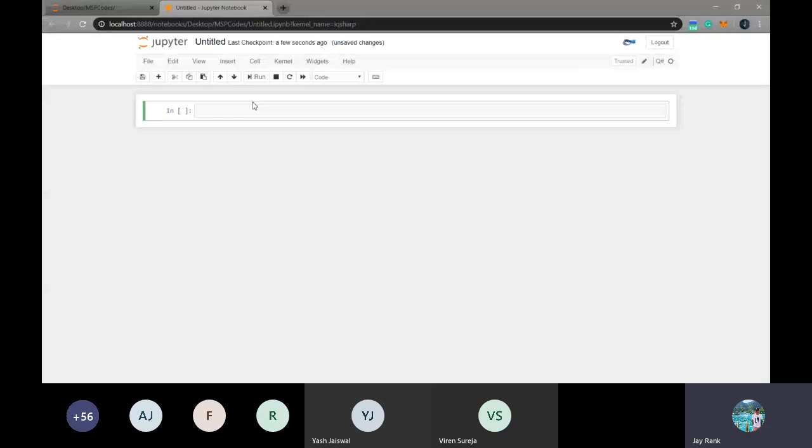All we want to do is just write the message hello world, and for that, in the Q# language, any function is defined by the keyword operation. First you have to name the operation. Let's say I'm naming it HelloWorld.